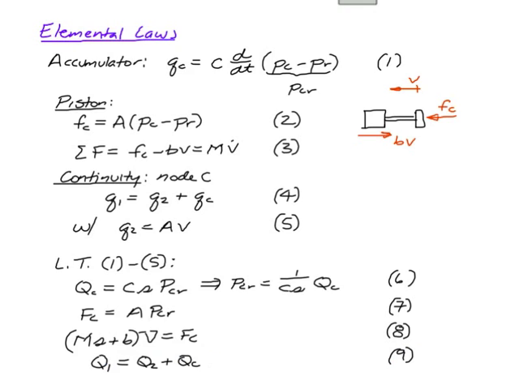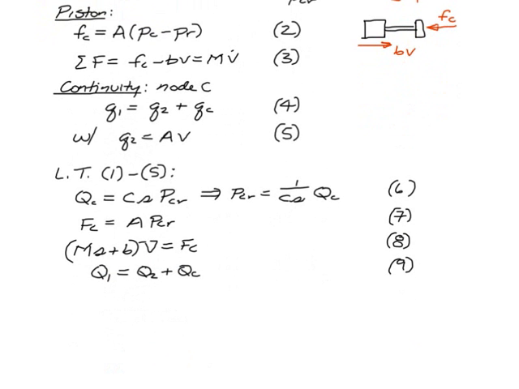And finally, the Laplace transform of our equation 5 says that the Laplace transform of the flow into the cylinder, Q2, is equal to the cross-sectional area of the cylinder times the Laplace transform of the velocity. So again, the goal of doing the Laplace transform here is that we don't have to deal with differentials. It's all algebra. What I'm going to do is take equation 6,